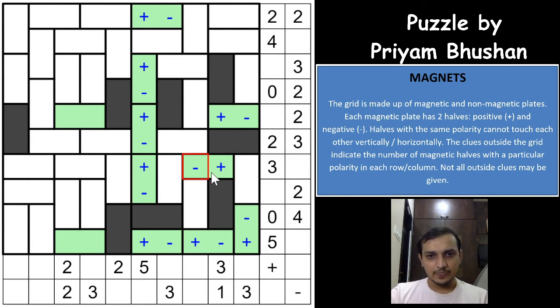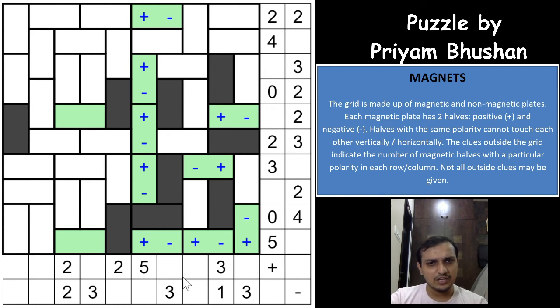Excellent. And if you see this magnet, so whenever you have such case that at a cell which is not identified as magnet or non-magnet, and that cell is surrounded by both negative and positive, then that cell or that region can be neglected as not being a magnet, because if this is a magnet, you can't place anything here, neither the negative nor the positive, which means this is not a magnet, right?